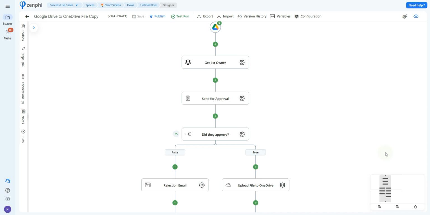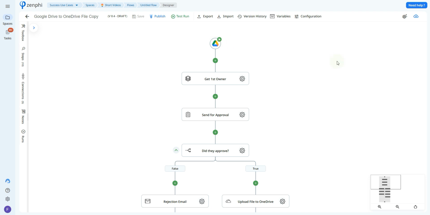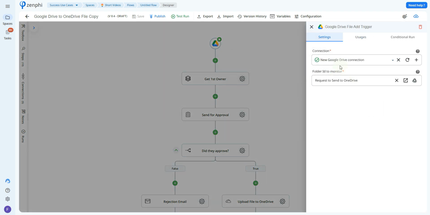The first step to any Zenphi flow is to set up your trigger. For this example, I'm using the Google Drive trigger, meaning it's going to start the flow when a file arrives to a specific folder. Now here what we have to do is select our connection, which is going to grant Zenphi permission to be able to monitor our Google Drive, and then we have to select a folder that we wish to monitor. Now to set up our connection, we're going to click on the plus icon to create a